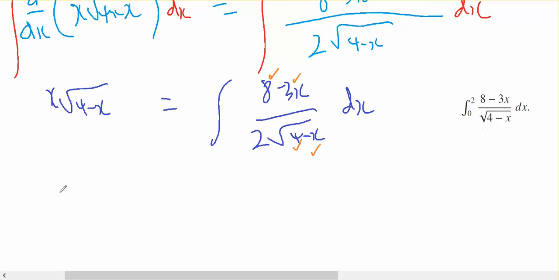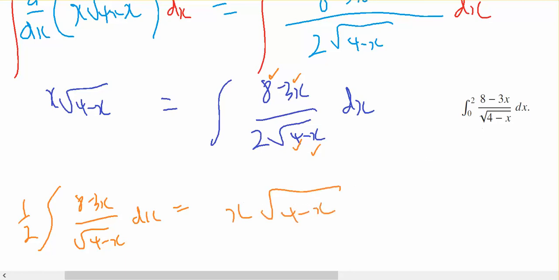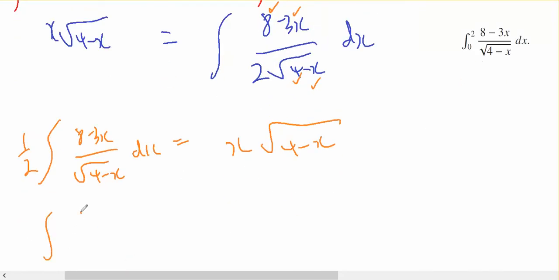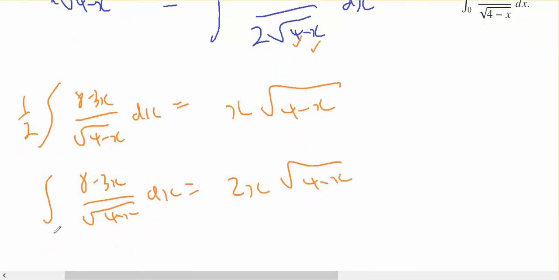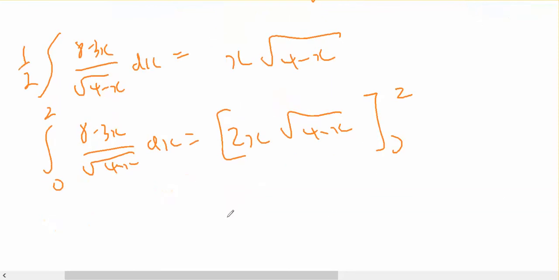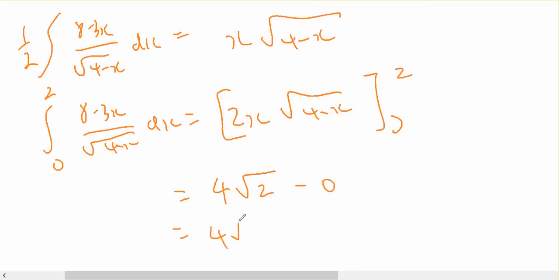So if I know that a half times 8 minus 3x over square root of 4 minus x dx equals x the square root of 4 minus x, then the integral for 8 minus 3x over the square root of 4 minus x dx must equal 2x the square root of 4 minus x, which means if I integrate from 0 to 2, then that goes from 0 to 2, and my answer becomes 4 square root of 2 minus nothing equals 4 root 2 as being my